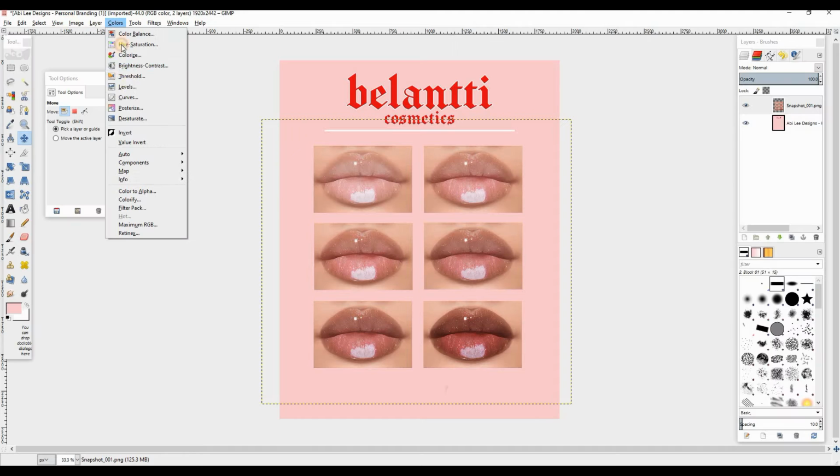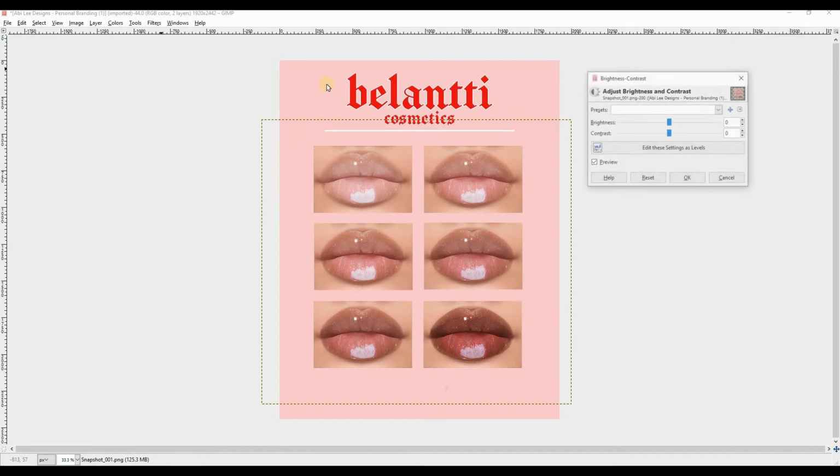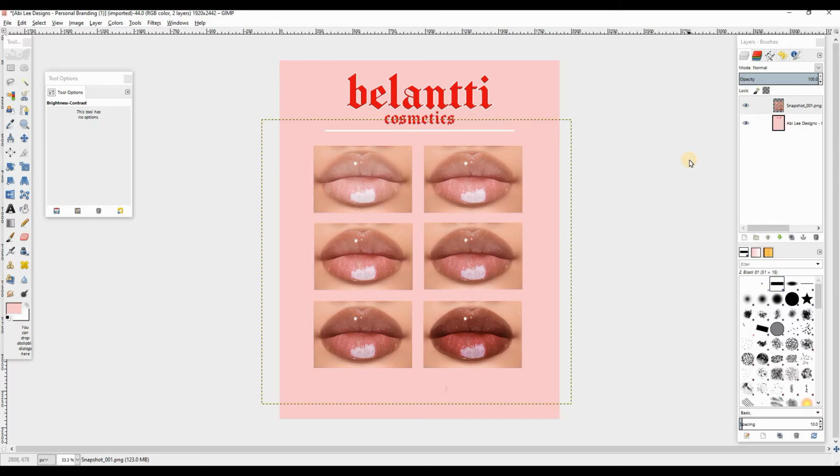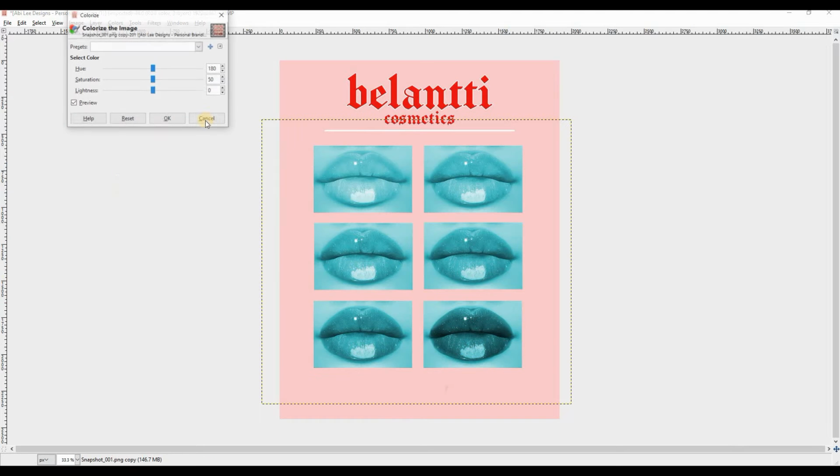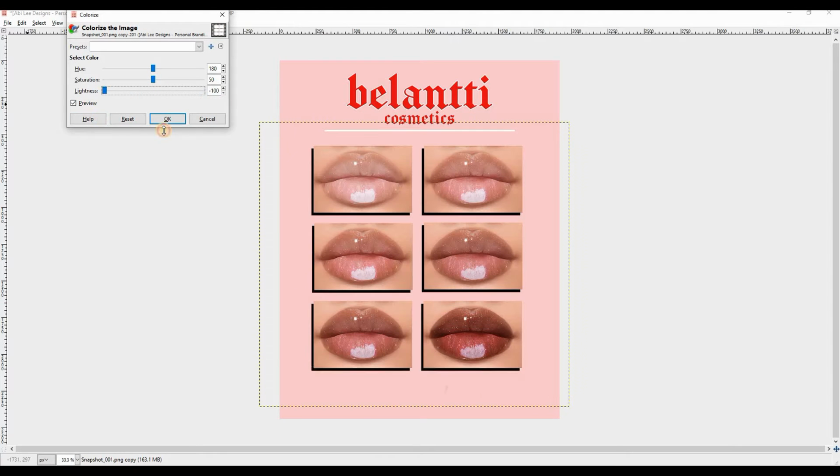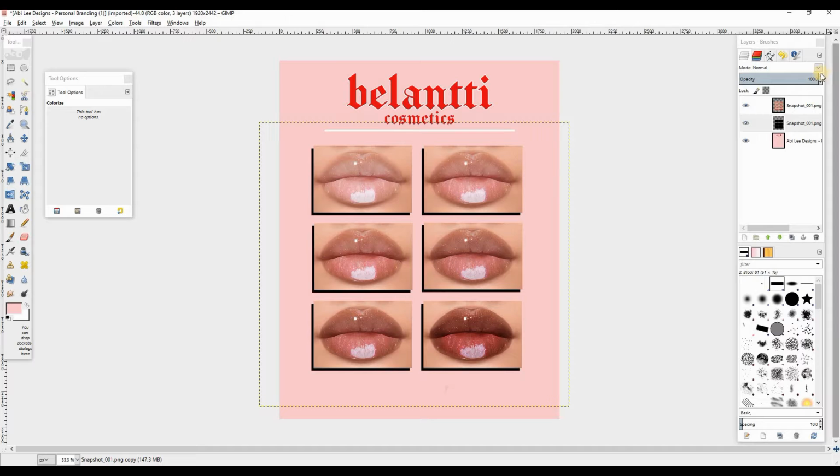Color, also brightness and contrast that I always do, makes the picture more vibrant, -8 and +8. And you can see how vibrant it is, how much it pops out. You can also do the same vibrancy when you make the lips, but it's up to you. So now I'm gonna duplicate this. I'm gonna go on colorize, and make it black, and then go on overlay,